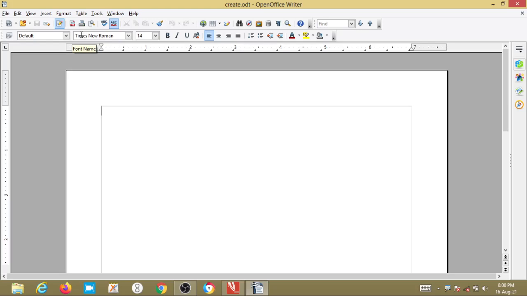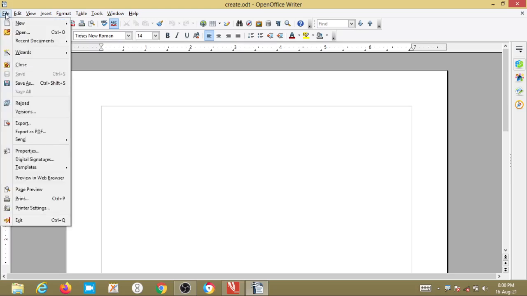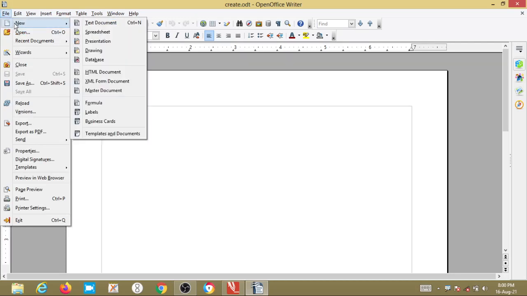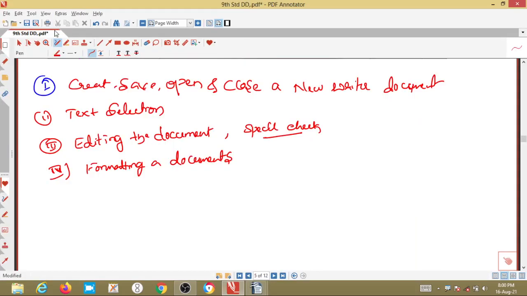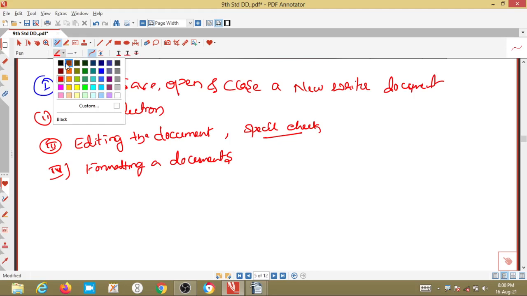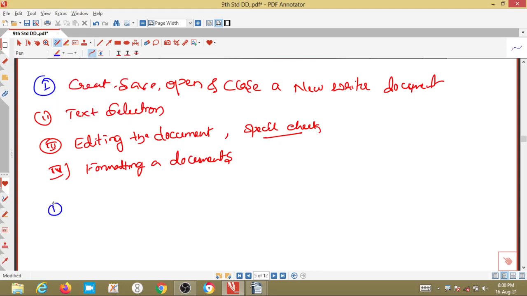In order to create a new one, go to file, new, and in that select text document. Clear? What did we do to create this one? First we went to file, then selected new, and in that we selected text document, right?